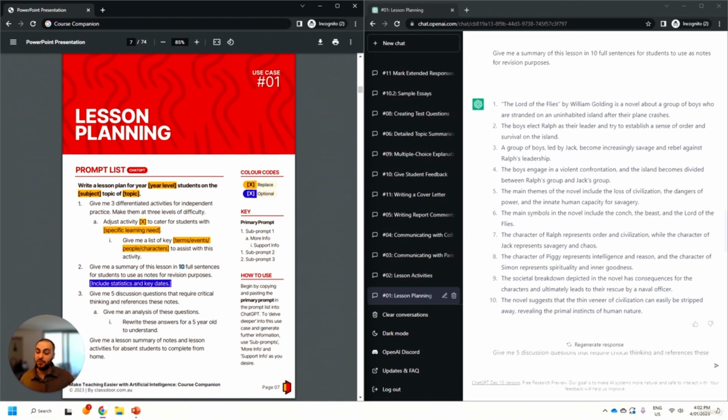If you were doing a humanities topic and we have some statistics and key dates that we need to consider, this is where you can optionally add that to the sub-prompt to give you further information. But please keep in mind that at the time of this recording in January 2023, ChatGPT only has information up until 2021 loaded into the system. So therefore it doesn't have the most up-to-date recent information and might need to be something that we need to work around.